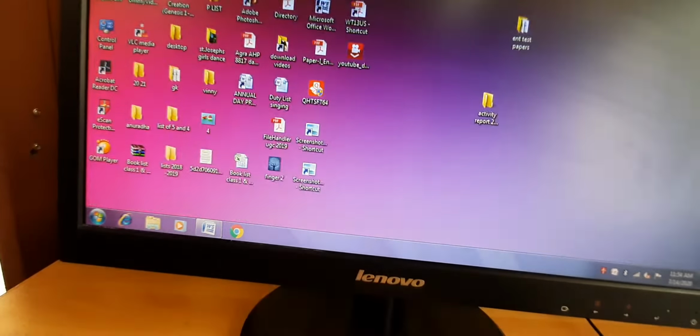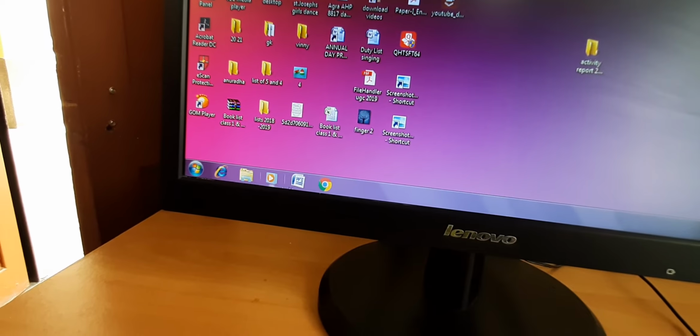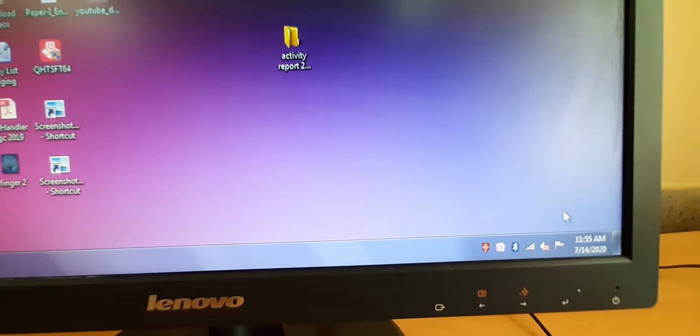Okay, see, immediately a window document is appearing. So this is the quick launch bar. We don't have to go to the start button to open the programs if they are there on the quick launch bar.